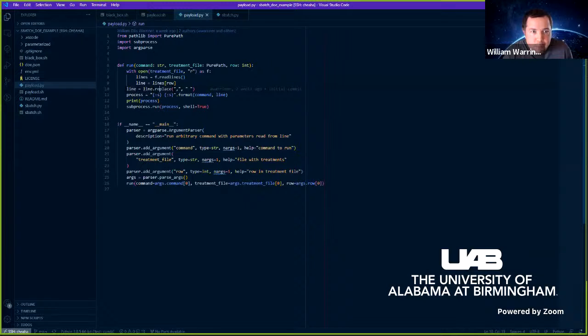We're taking a line, replacing the commas with spaces, which Bash likes, right? It likes spaces, not commas. That's how it separates things. And then we just join it all together and run it as a process. So when we run it, it looks something like, blackbox.sh space parameter 1 space parameter 2 space and so on. And that's what it's going to run. Okay. And so that's all this boilerplate does. You don't need to worry about the details of it right this second,